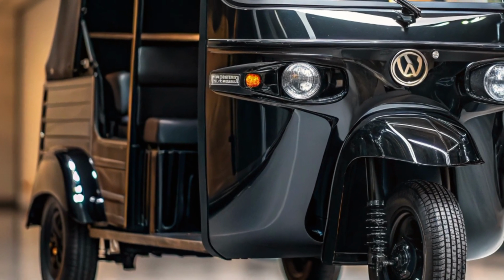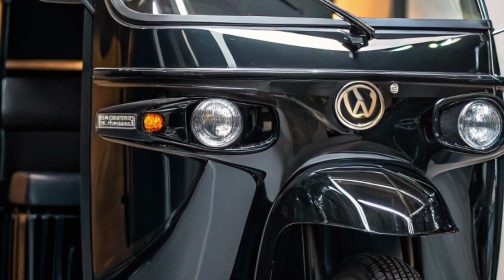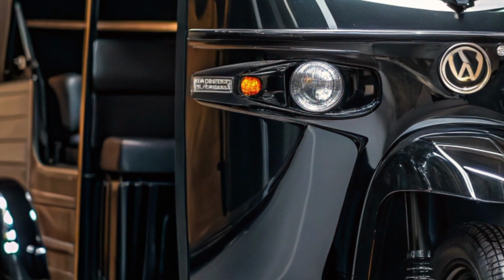It's smart, efficient, and built with a level of detail that shows Yamaha's commitment to changing the landscape of urban